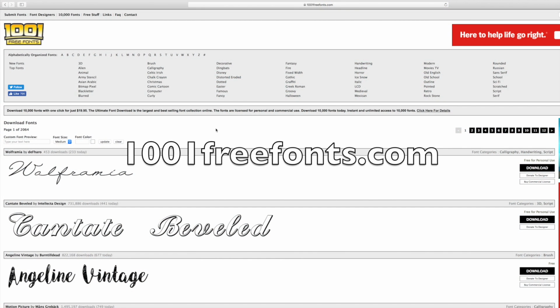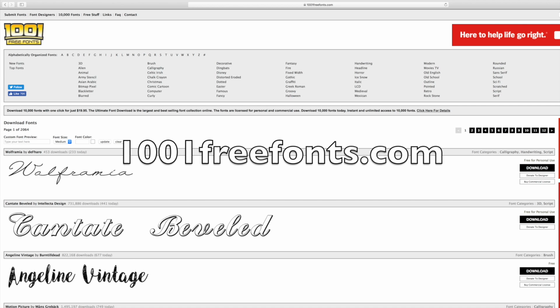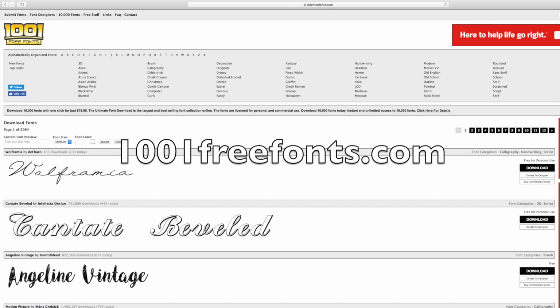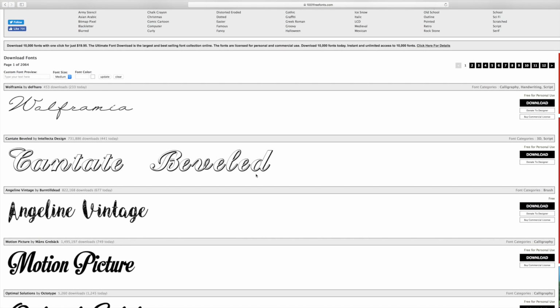All right, so this site that I go to is 1001freefonts.com, and this is where I go to get my free fonts. Now, most of the fonts here are for personal use only, which means that if you're not selling it or using it for like TV commercials, that kind of thing, then it's free for personal use. If not, then you have to buy a commercial use license from the developer of the font, and that's where these boxes by the fonts show you